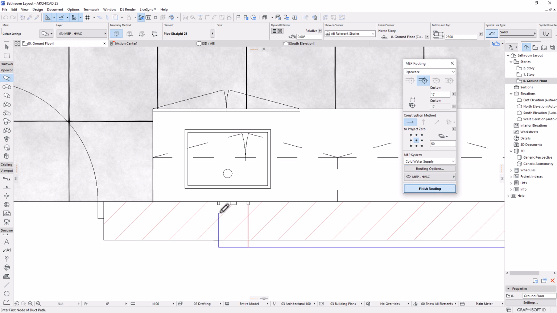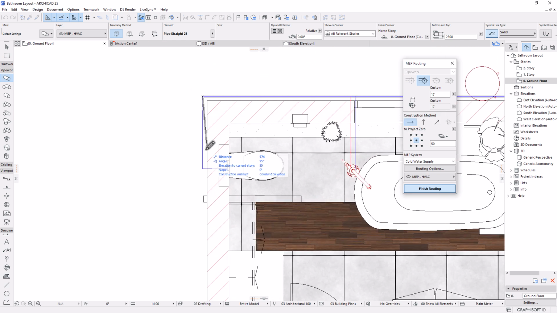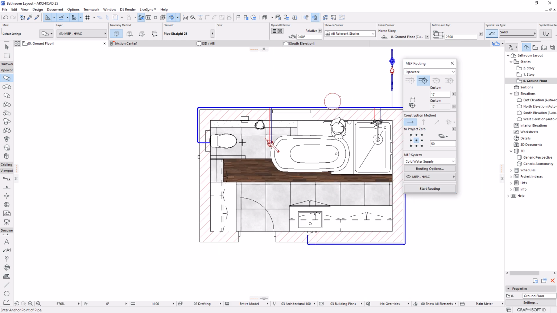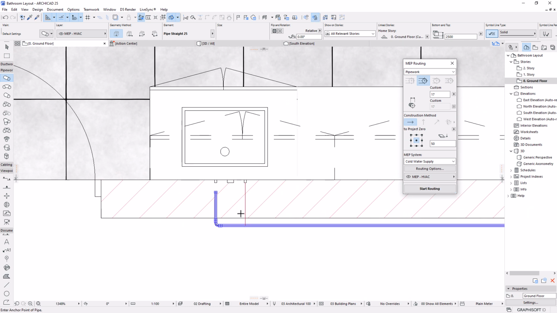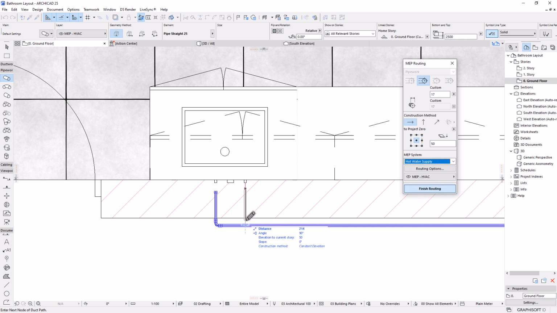Start routing. If you pick the first point, you have to go back again and confirm the system that you are running. So in this case, it should be fine. Let's just quickly do that. Finish routing. Perfect. It's great. So I'm gonna do for hot water. For hot water again, I'm going to start from here. Oh, sorry. But start routing, then pick the first point, change the system to hot water, and then it's going to go all the way